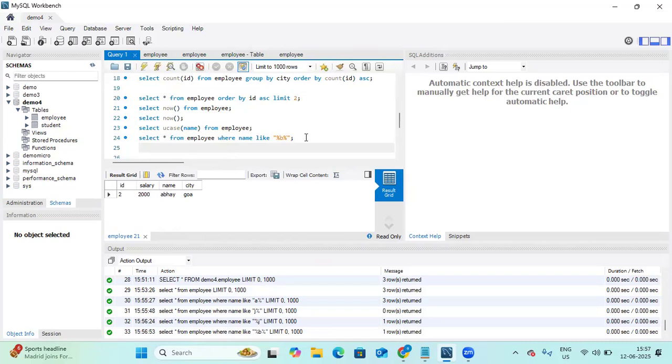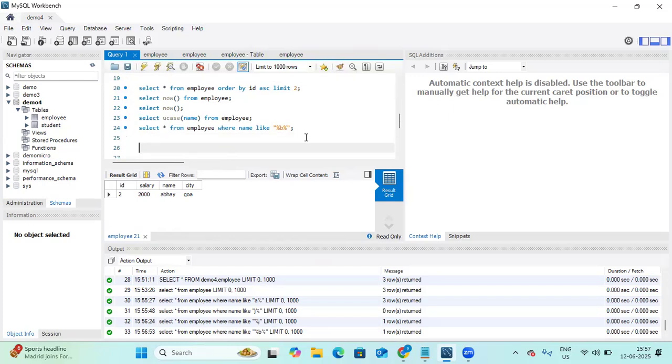And we have: give me the names of employees which consist of only three letters. Give me the names of employees which consist of only three letters. Means select name from employee where name like